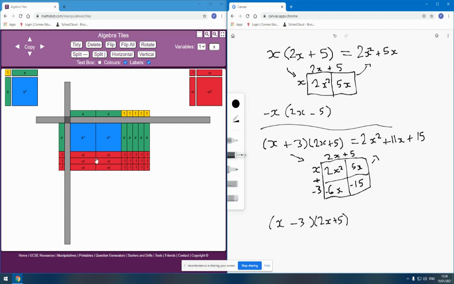And if I choose to, I can even start zero pairing some of these things up to show that a lot of this will disappear when it comes to the simplifying. But in terms of the value of the area, the 5x minus the 6x leaves me a value of negative 1x. And that's where that goes. And then similarly, I could flip these around, and if I flip these around, then I would get obviously all of these 5x's negative, but then these would go back positive because the negative ones and the negative ones would go back positive. Or I could even make it negative 2x here, so I could flip my